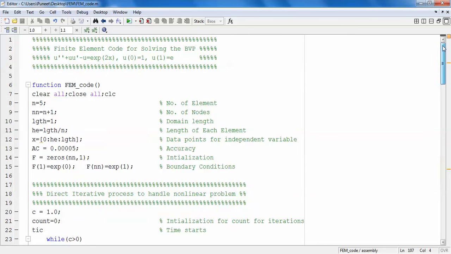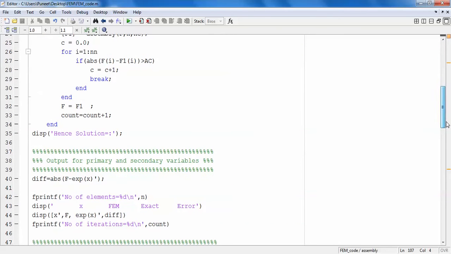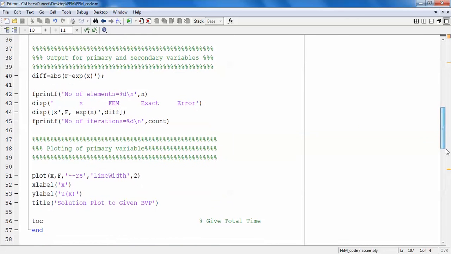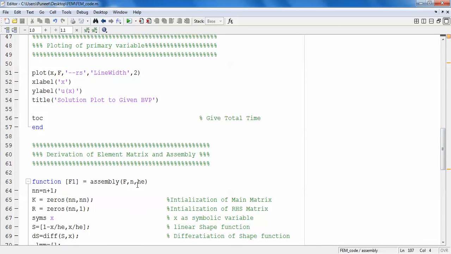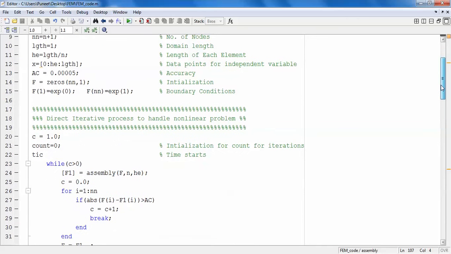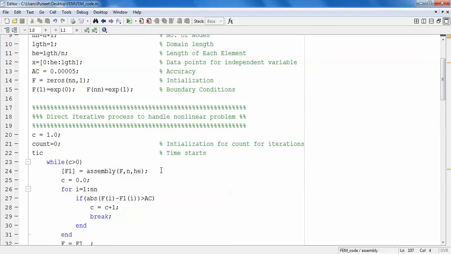So this is the small code in which firstly you give the solution zeros. It will automatically go here. In the second matrix, n is input, and finally F1 is calculated with all this calculation. I have used a symbolic variable in a linear function, and next it goes here. This is called here, and finally the difference is calculated.